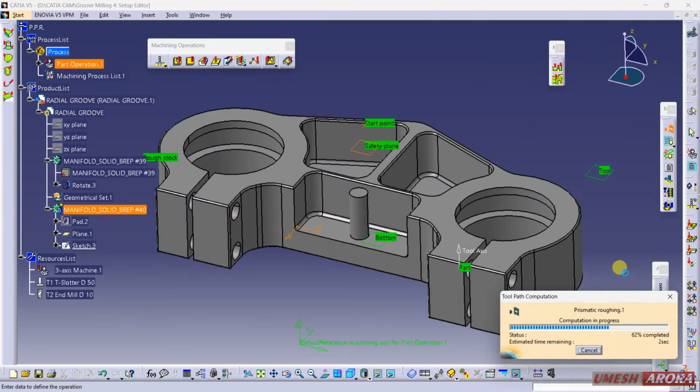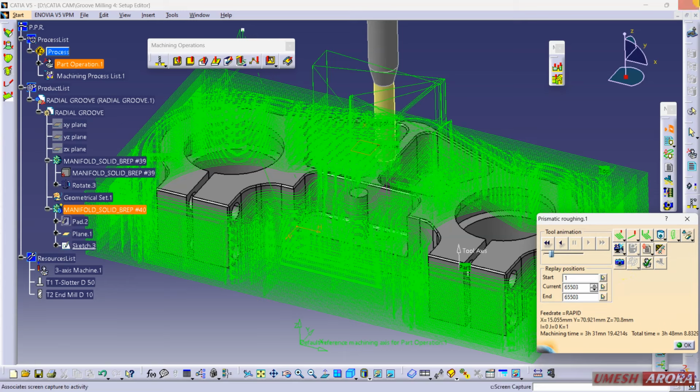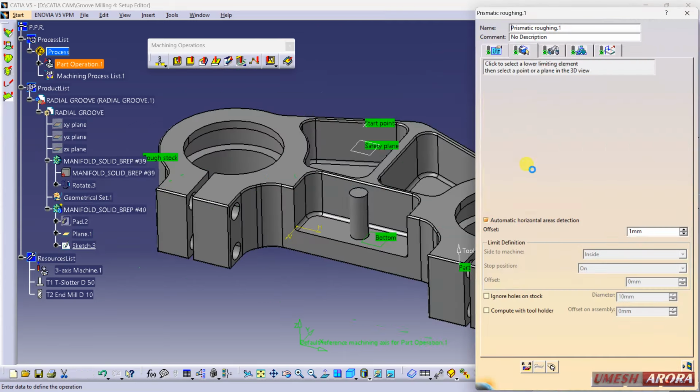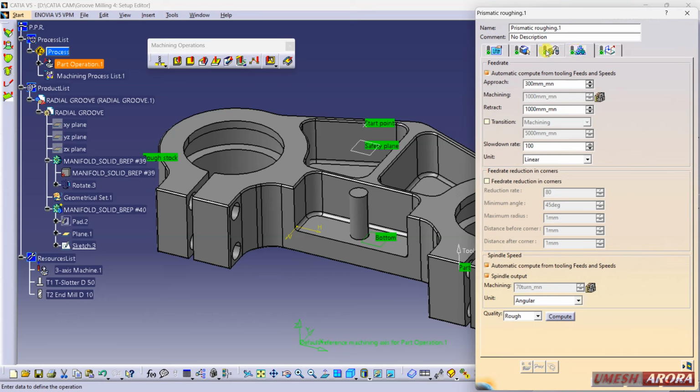Toolpath will compute, and it will create the toolpath for all the pockets and contours. It will generate toolpath whether it is a close or it is an open area. Right, now one more thing, the tool we haven't defined, so I'm going to define a